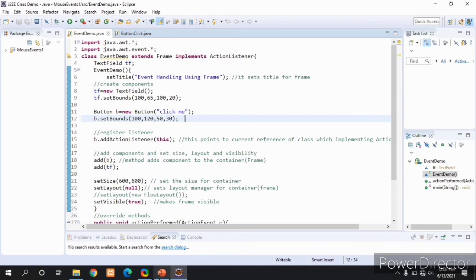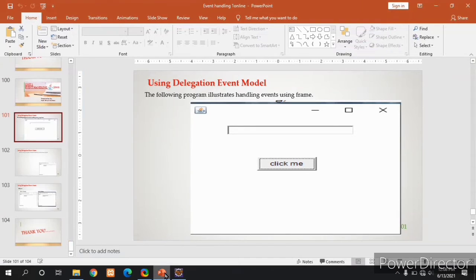What are the AWT components? This text field and button, these two we can call AWT components. We can also use a checkbox, radio box, text area. These all are AWT components.